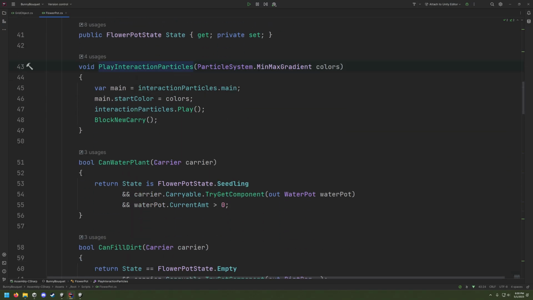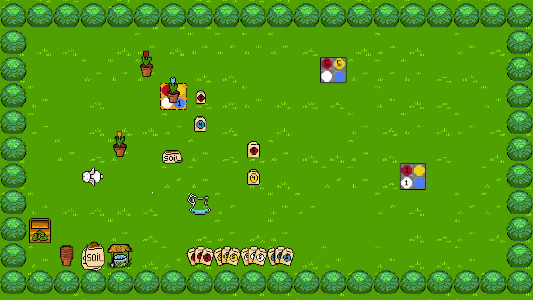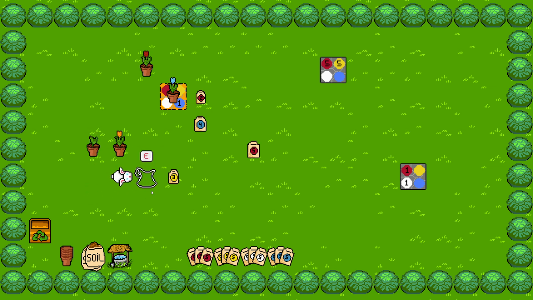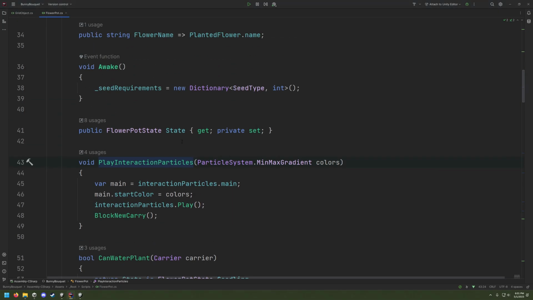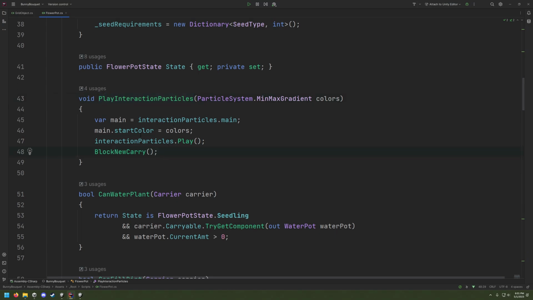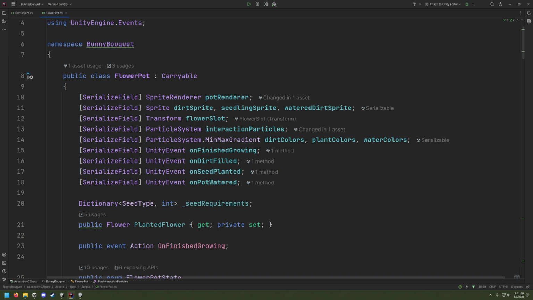The play interaction particles, right? So you're like, what do you mean play interaction particles? So whenever I interact with a clay pot, whether it be the soil or the water, there are some particles that come out and it shakes a little bit, right? If I plant a seed in it, it'll do the same thing: I put it in, particles come out and it shakes. Boom, right? I water, same thing. Particles come out and it shakes, right? Each of those times, it's still doing the same thing with the only difference being the color of the particles, right? So over here, I just save references to what colors are for each interaction for the particle system,